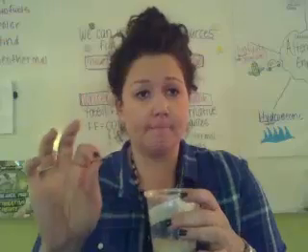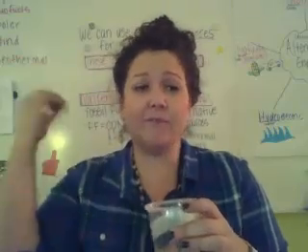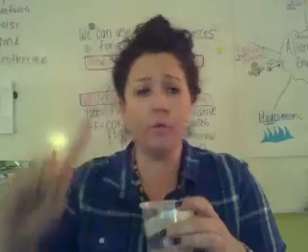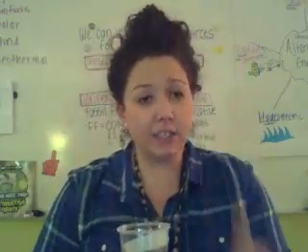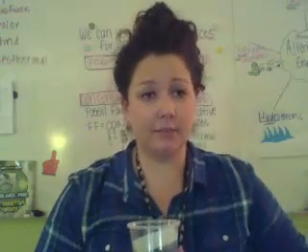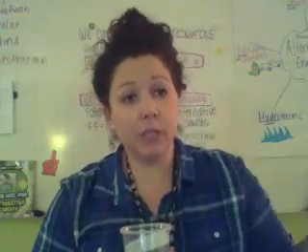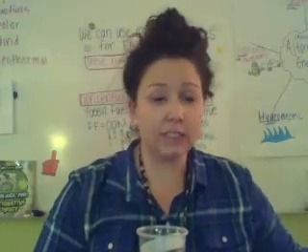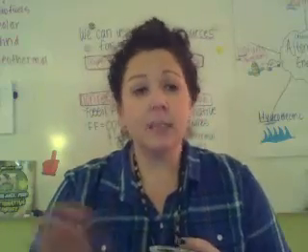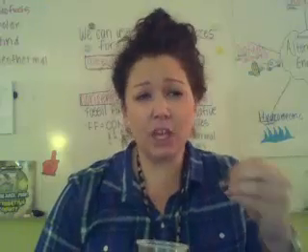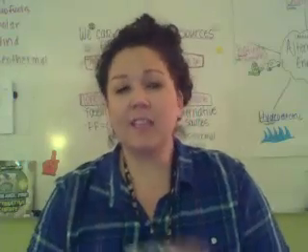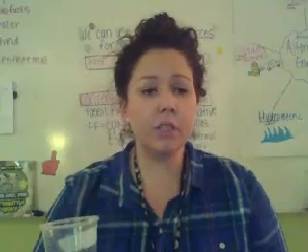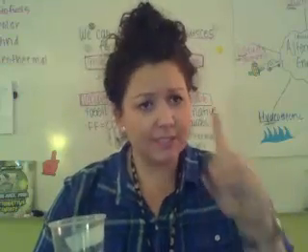Remember the biggest key in fossil fuel formation, the coal forming, oil forming, natural gas forming, is that something had to die in ancient times. Ancient times means really, really old, thousands, millions of years ago. Something had to die, like marine animals in the ocean, peat, those plants in the swamp. They died, they fell to the bottom of the ocean, the river, or the lake. That's the first step.